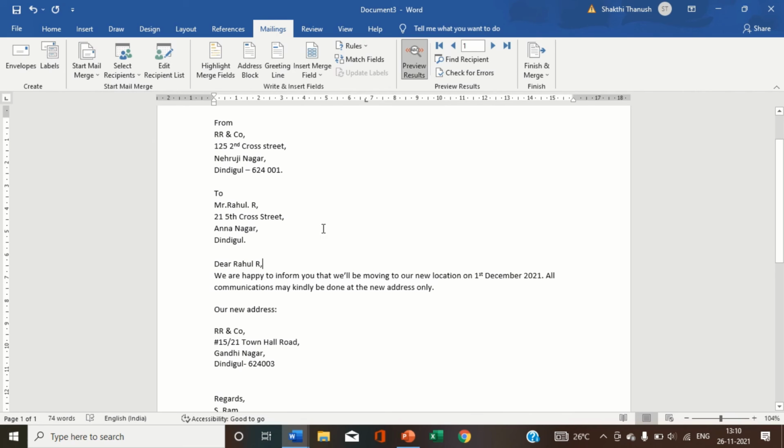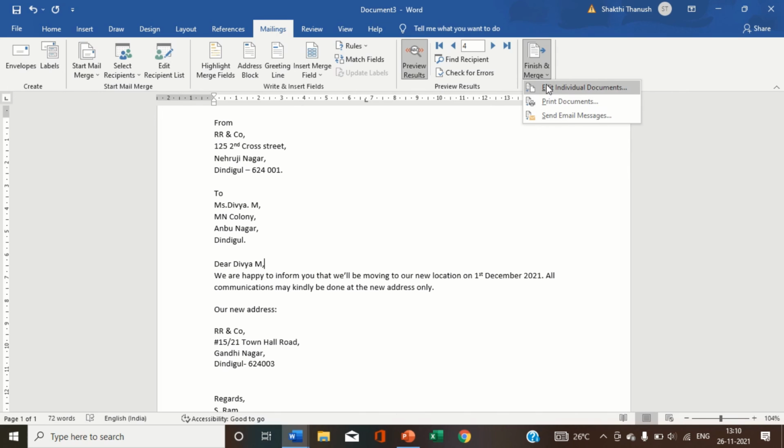After checking the preview and after you feel everything is fine, I'm clicking the finish mail merge option. Here, if you want to review the other addresses, you can use these buttons. To the second address, this one is the third address, fourth. So 4 addresses we have typed. After checking all the previews, we can just click finish mail merge.